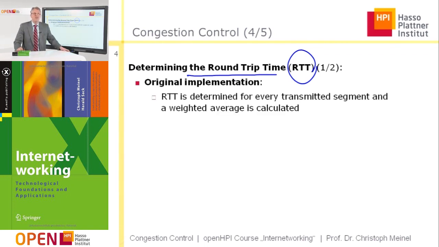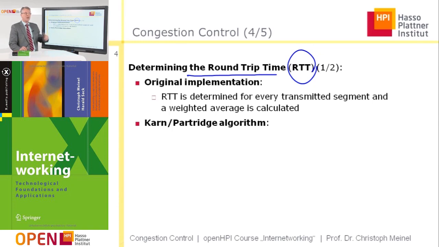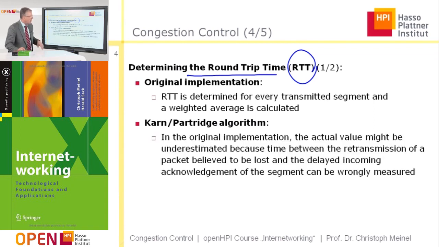The question is how this round-trip time is determined. And this is determined with every transmitted segment. And then there is a weighted calculation to compute, for example, a mean with the round-trip time from the transmissions in the past. And exactly the question is how this weighted average is calculated. This can be done in different ways, and the first proposal or first implementation was done by Partridge, and the Partridge algorithm